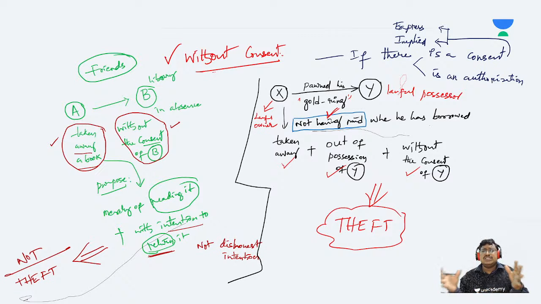This all shows his dishonest intention. Therefore, it amounts to theft, friends. Now, let us see some other important ingredients of